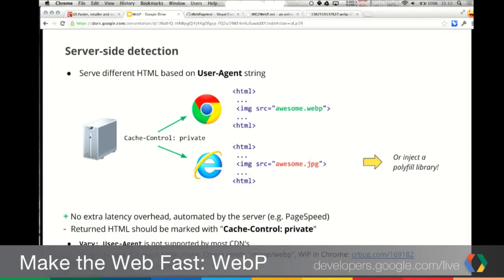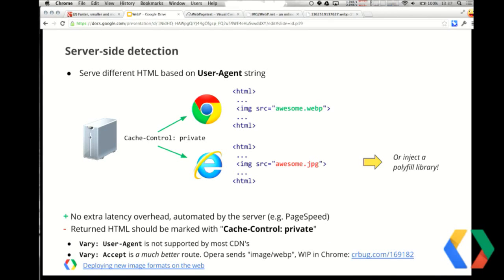It's one strategy. The other is to do server-side detection, which basically means that a request comes into your web server, and your web server looks at the user agent header that your browser sends, and it says, hey, this is Chrome. Chrome indeed supports WebP, so I'm going to serve you this version of the file, which actually has .webp files in it. And this is actually what PageSpeed and other products, like Torbit, do. They do this server-side detection, and they actually serve different HTML files, which doesn't incur any of the JavaScript cost,